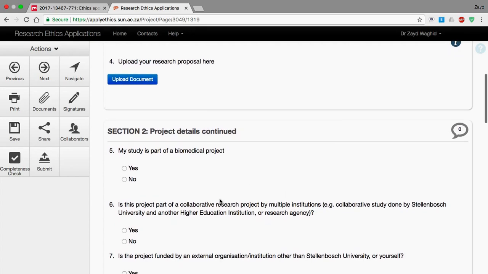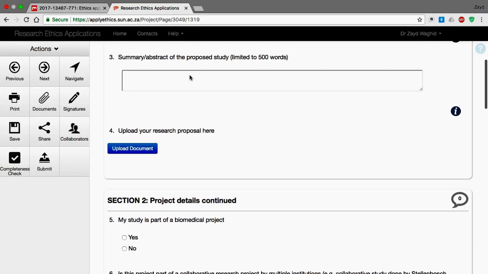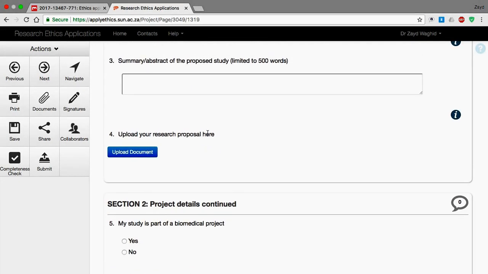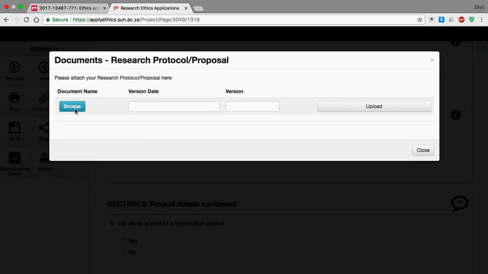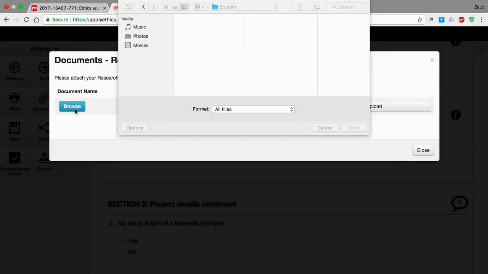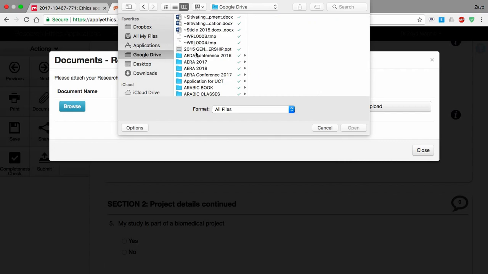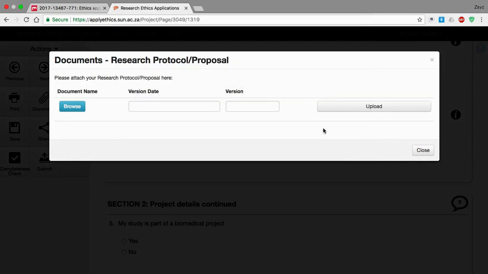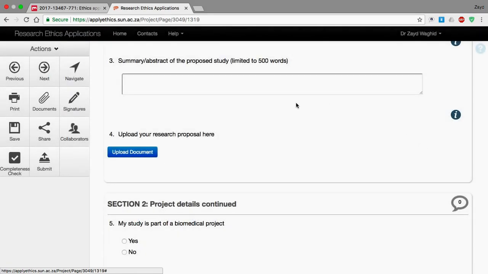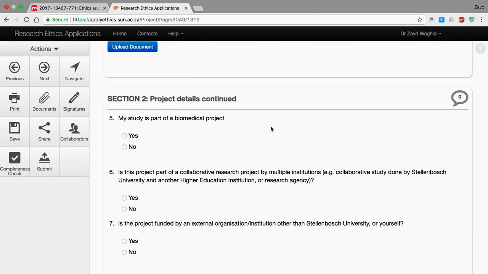Okay, so once you have uploaded your research, or once you are ready to upload your research proposal, you will click on upload document, and then you'd have to select from where the particular project is found. Okay, so right, and then you can upload the document. Let's close that. Okay, so under section 2, you will be asked whether the project forms part of a biomedical